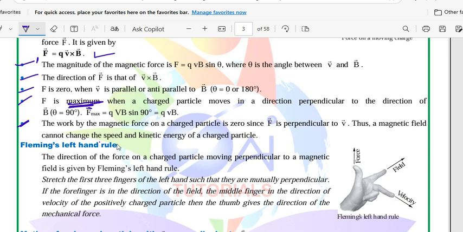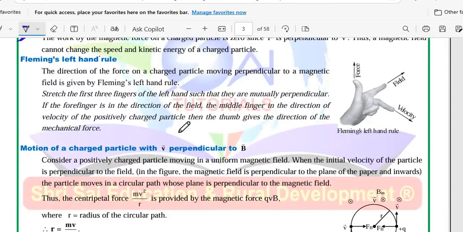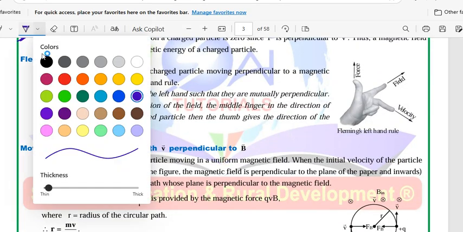The total work done by the magnetic force on a charged particle is 0, because F bar is perpendicular to v bar. So the magnetic field cannot change the speed of the charges and also the kinetic energy of a charged particle. So this is all about the magnetic force. Now coming to the next concept,